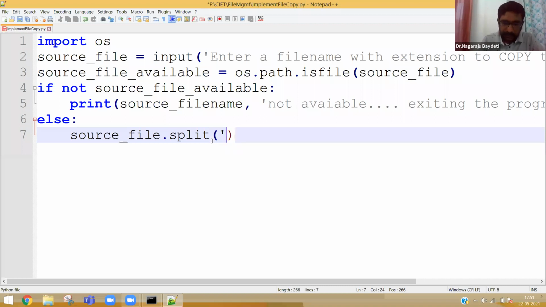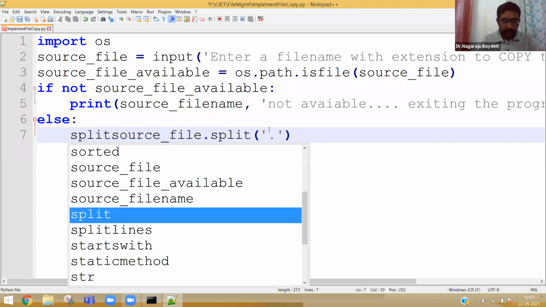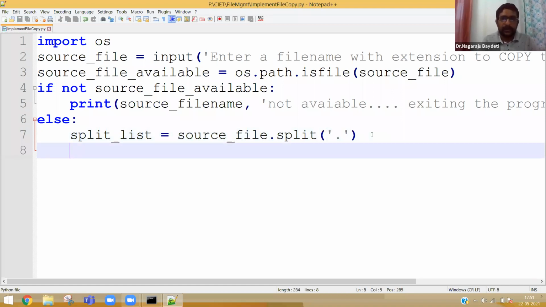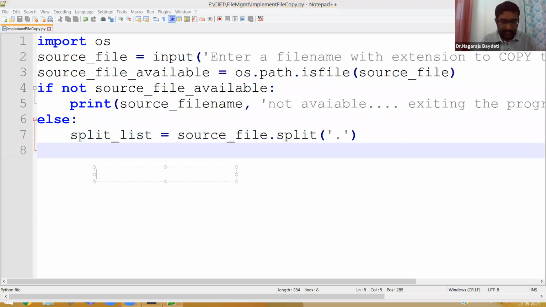It is nothing but dot. So split the source file with dot. Split will return a list. So split list is equal to. What I mean to explain is, before writing the code, everybody please understand.